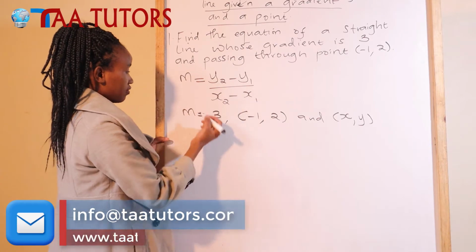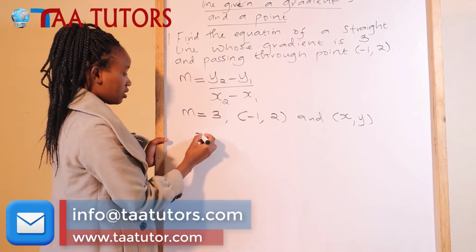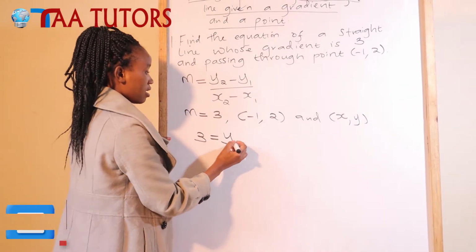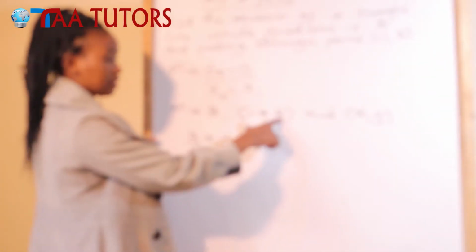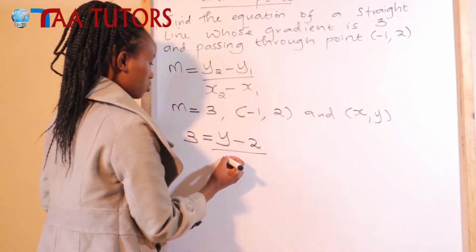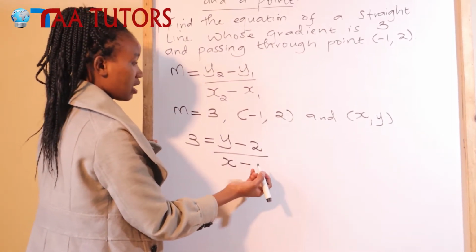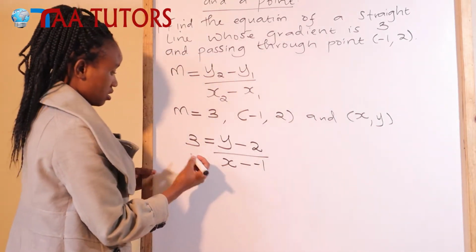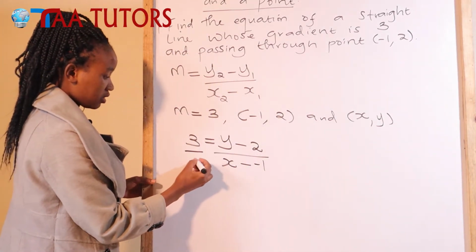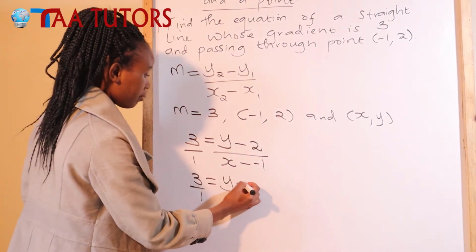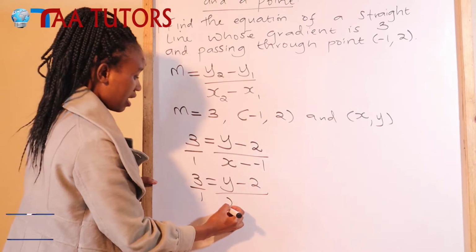So we substitute m with 3 equals y2 becomes y minus y1, which is 2, over x2, which is x minus x1. Our x1 is -1. So this 3, we put it over 1. So we'll have 3 over 1 equals y minus 2 over x